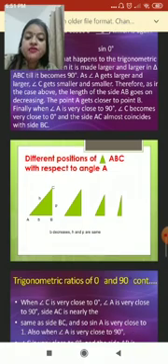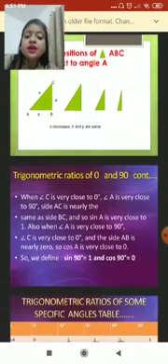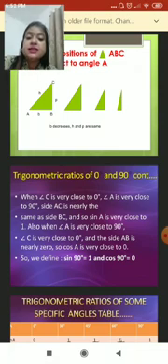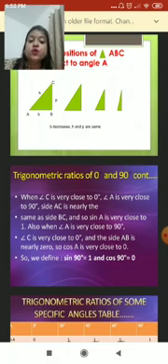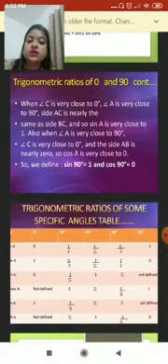Okay, therefore trigonometric ratios of 0 degrees and 90 degrees we can write as: when C is very close to 0 degrees, angle A is very close to 90 degrees, side AC is nearly the same as side BC, and so sine A is very close to 1. Also, when angle A is very close to 90 degrees, angle C is very close to 0 degrees, and side AB is nearly 0. So cos A is very close to 0. So we define sine 90 degrees equal to 1 and cos 90 degrees equal to 0.